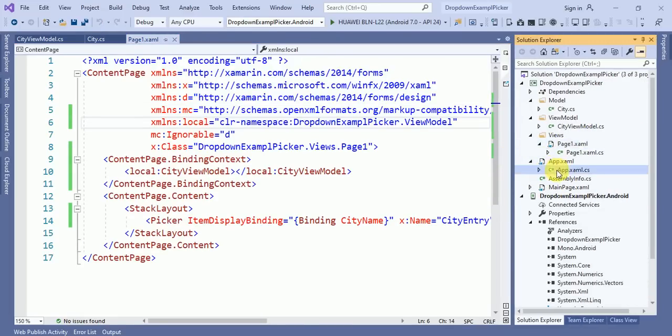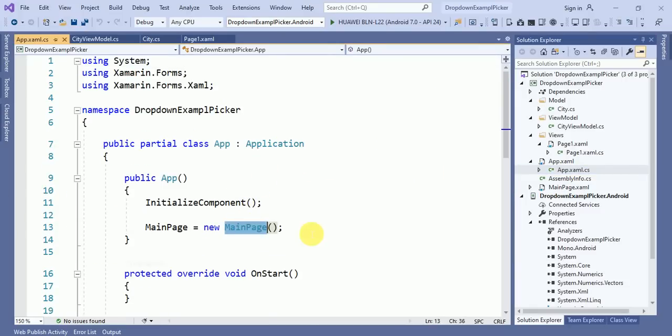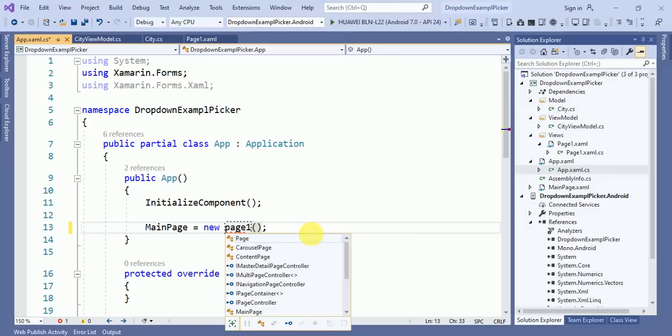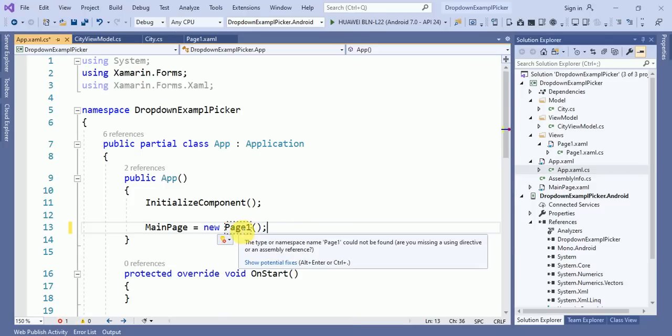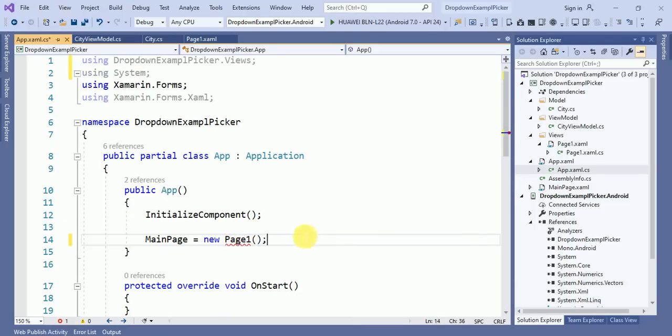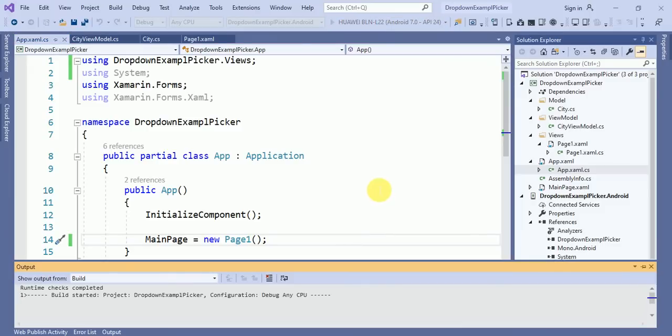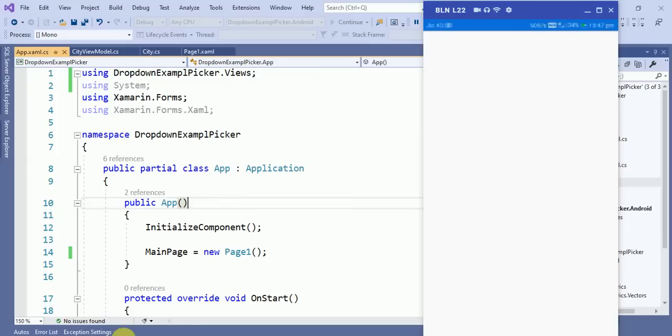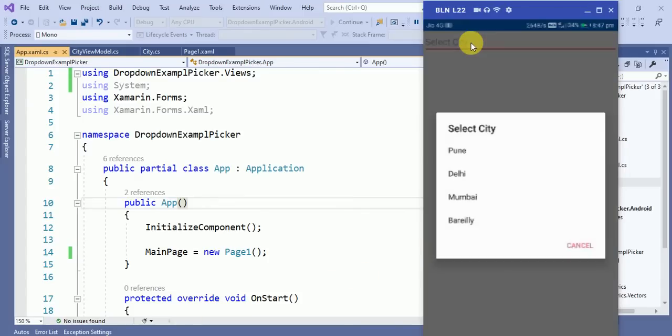Just change this name to Page1. It will most probably ask you for the namespace. I have added the namespace. Let's run this application again and see the output. Here you can see the city has been bound over here.